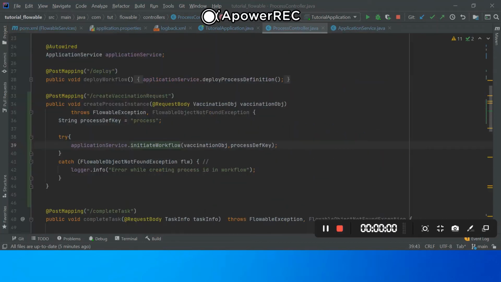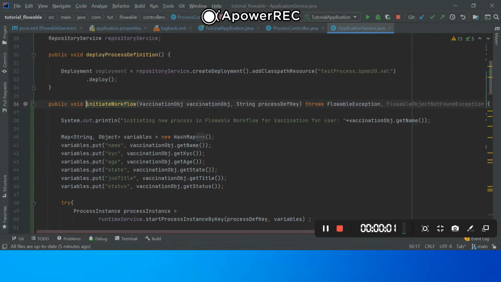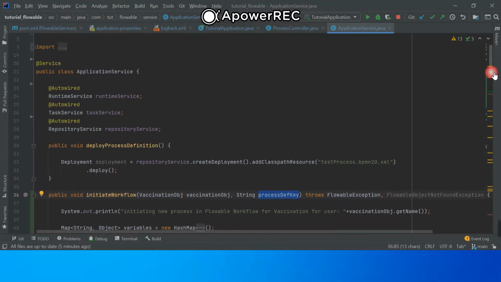Now when we come to the initiate workflow method of the application service, it is accepting the same parameters which we are passing from the controller, the vaccination object and the process definition key of your model. Before looking into this method, this application service is annotated as a service, which tells the Spring Boot application that it serves as a service class.